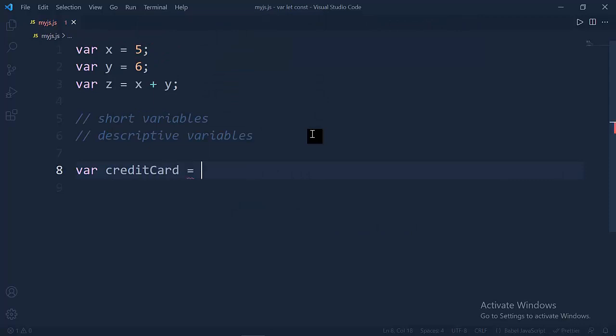So you simply write here credit card. Okay, if you write here, and actually I'm going to give some random value. Actually, if you use x, y, z here, it's totally fine, but another programmer can't understand it, and sometimes you forget the meaning of x here. So that's why we should use